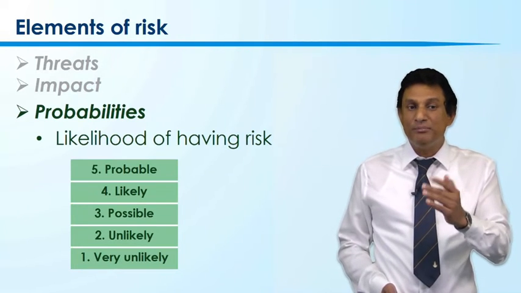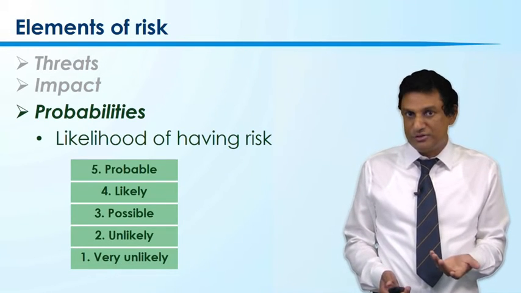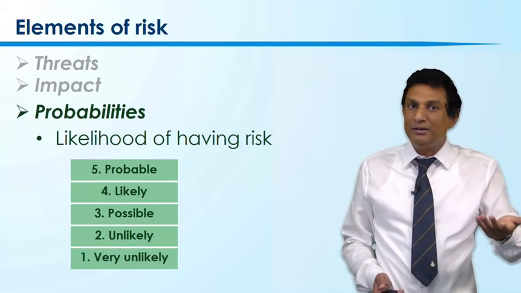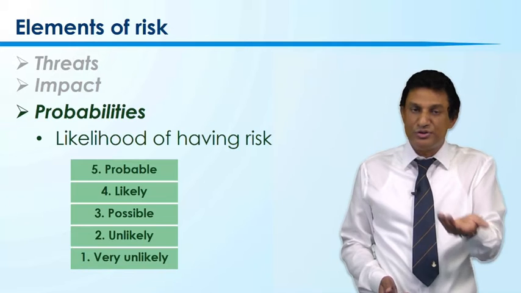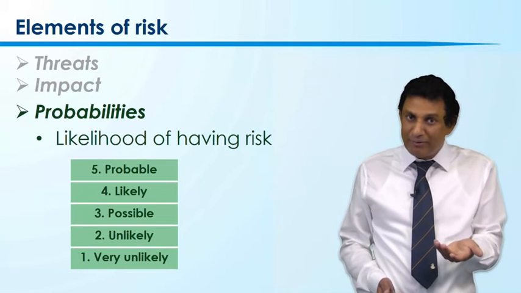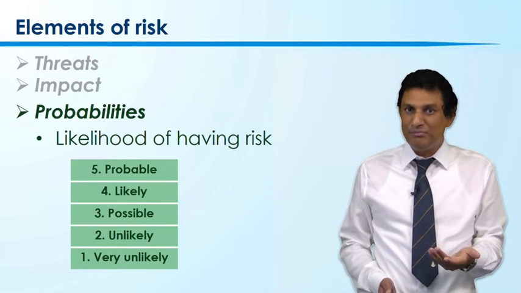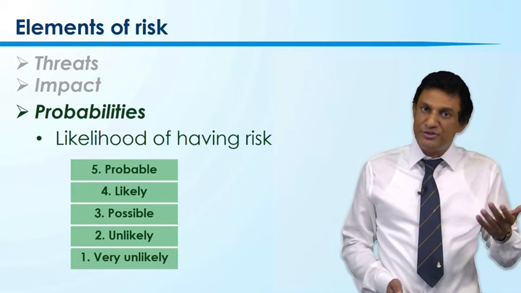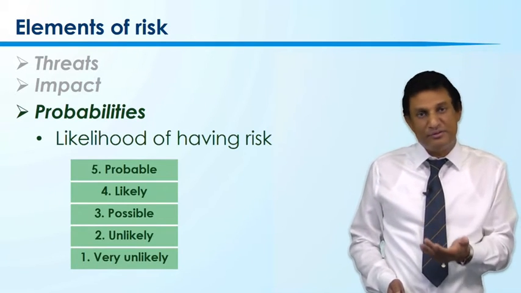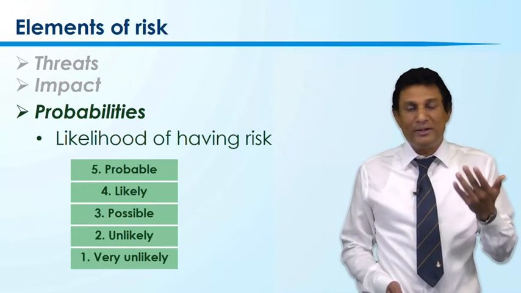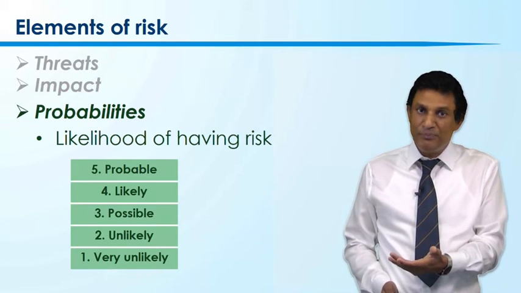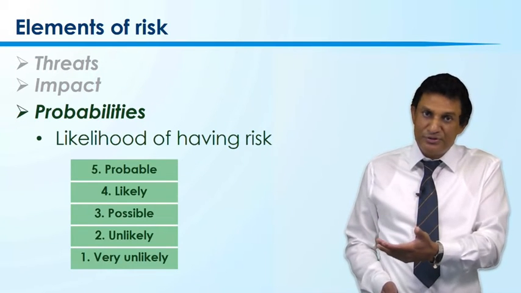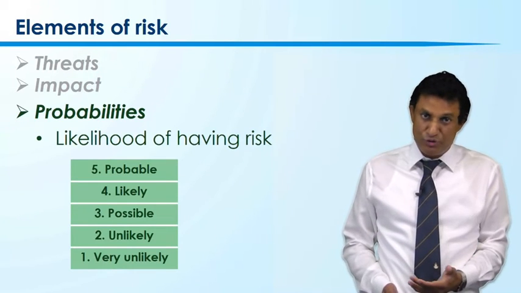Probability means basically the likelihood of having a risk. An example is, how likely is it that the next earthquake of magnitude 6.5 happens? How can we make that judgment? Basically we look at historical data, for the last 50 years, last 100 years, or whatever the time for which we keep the data, and see how often those earthquakes happen, and we are going to make a prediction for the future.